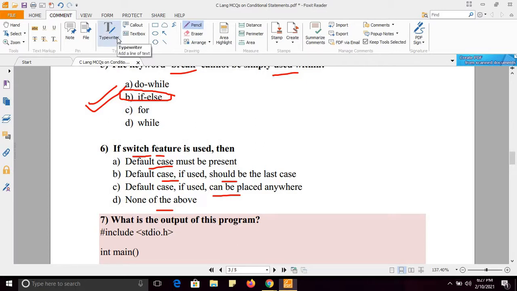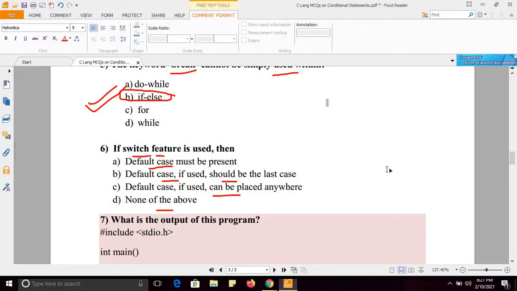And what is the default case? Example. Suppose there is one variable a and I am passing this variable to a switch statement, and there are different cases: case 1, case 2, case 3 and default case.